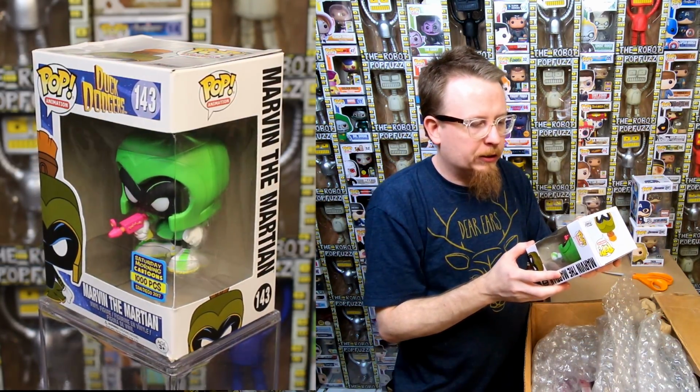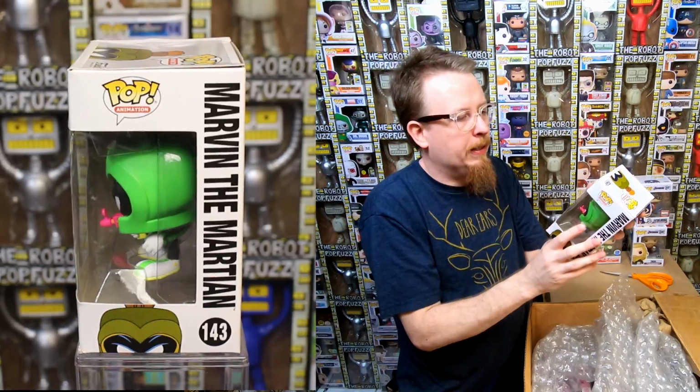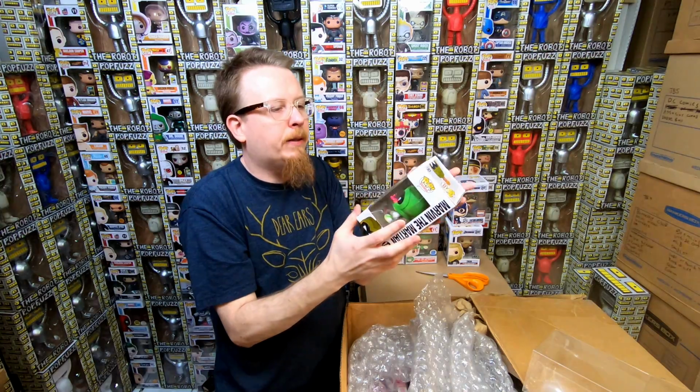So we have Marvin the Martian. It's a San Diego Comic-Con exclusive from 2007, limited to 1,000 pieces. This one I am keeping. He is awesome. Now, it's got a little tear right there, a crease right there, and the top is creased. So something like this...